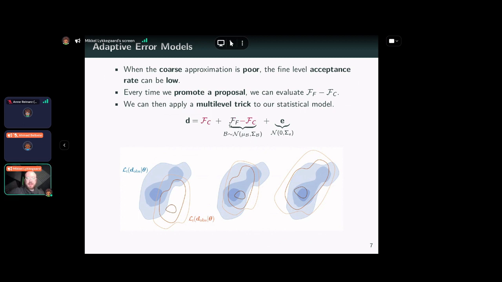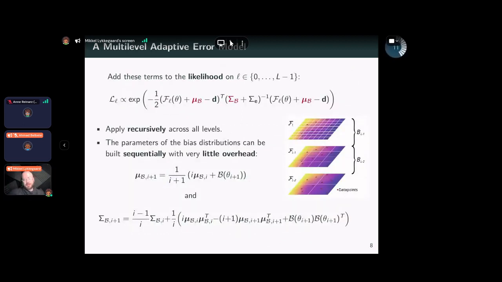And this f_fine minus f_coarse is something we can evaluate every time we promote a proposal from the coarse level. If we do that, we can bring the coarse distribution, illustrated here in the red isolines, closer to the true target. This was a method that already existed, but when we developed MLDA, we extended it into a multi-level setting where you can do this for any number of levels.